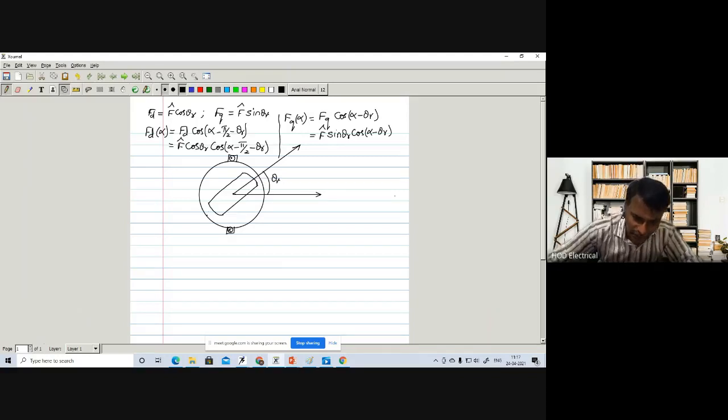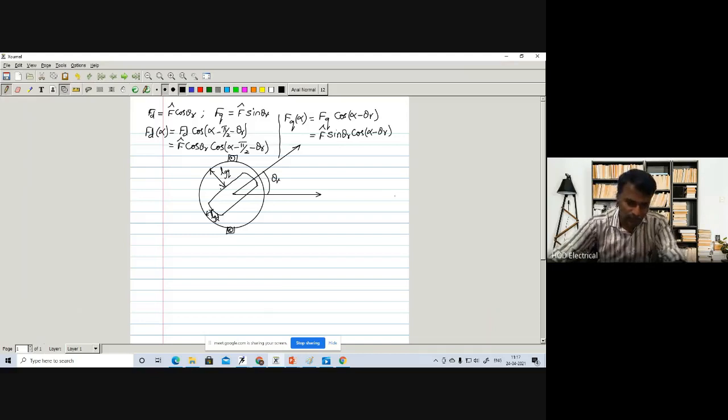Accordingly, we take this length as the air gap length LGD. LGD is the small air gap length, due to the reluctance of this air gap. This is a small length, that is what we are writing as LGD. Then this is LGQ. LGQ is where the length is more, the air gap length is more.